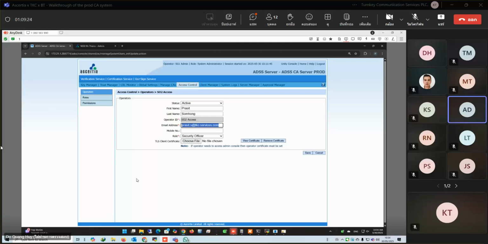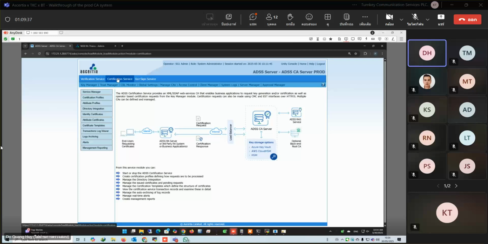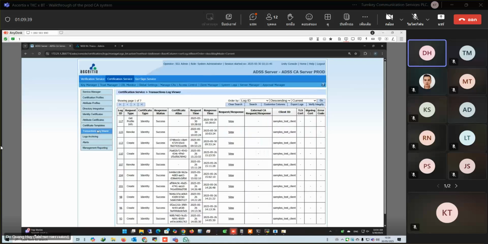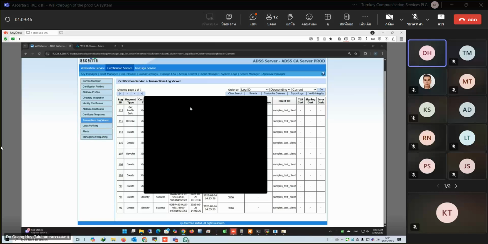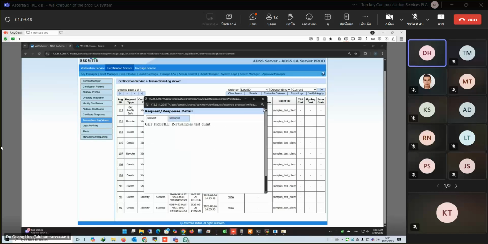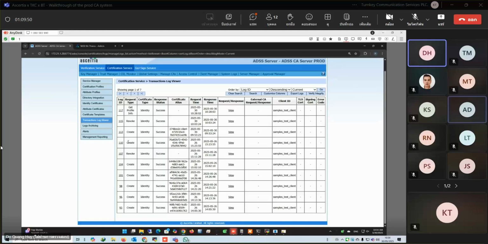Okay. Can you show me your logs? Yep. There will be quite a lot of logs. For instance, this is a service log. We see what kind of action has been performed on the service. So we have this kind of request and response, as well as the type and the status of the